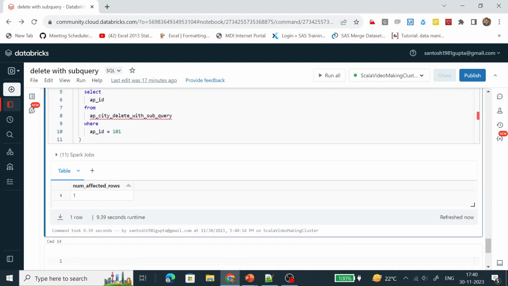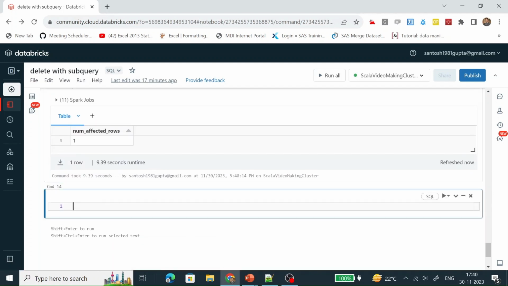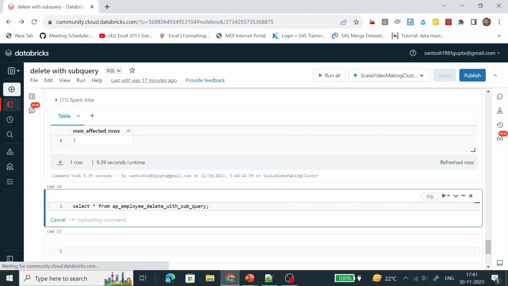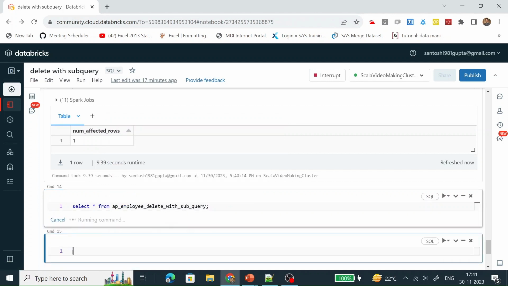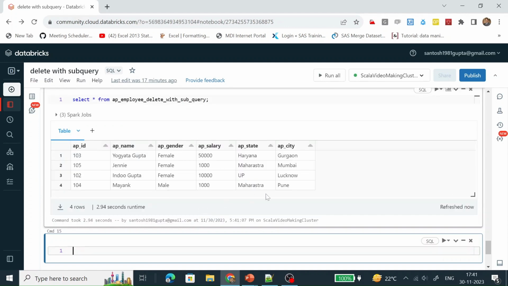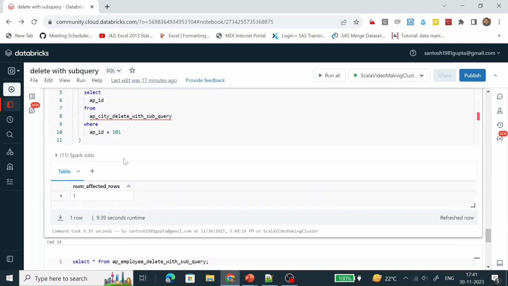So let's do a select statement. Here one record gets deleted because we have restricted it to 101.